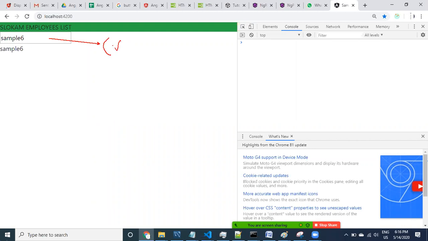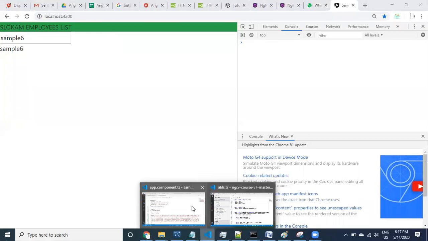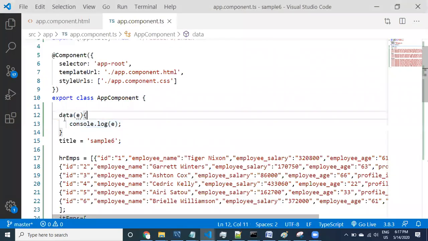That event triggers a method, some method we have provided, and that particular method is going to be called. Let me go and see this, guys. Here the method is data method. In this data method, what we are doing is console.log.